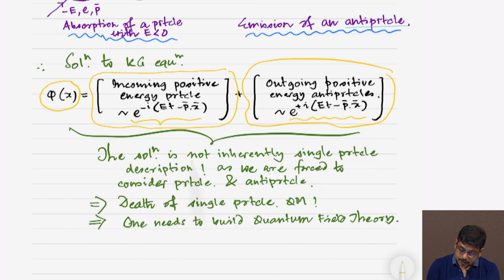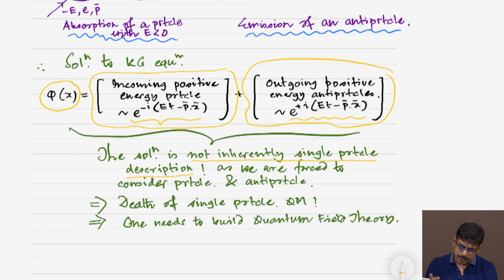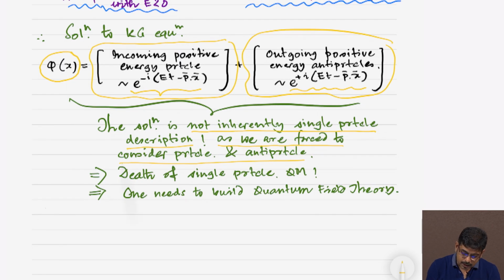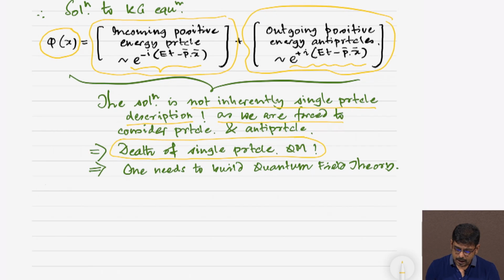So, this solution, as you can see, is not inherently a single particle description, which you usually have. The wave function interpretation in quantum mechanics is usually to describe the single particle case. So, as we are forced to consider both particle and antiparticle, this phi of x actually goes beyond the interpretation of single particle quantum mechanics. So, this ensures the death of single particle quantum mechanics which we learned non-relativistically,